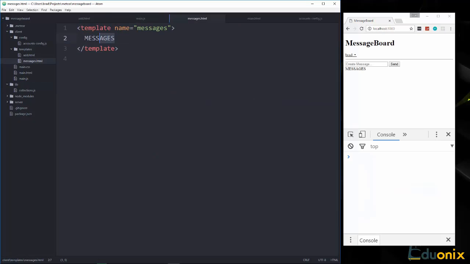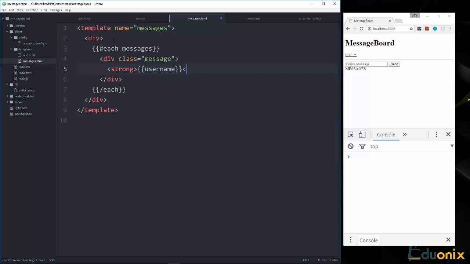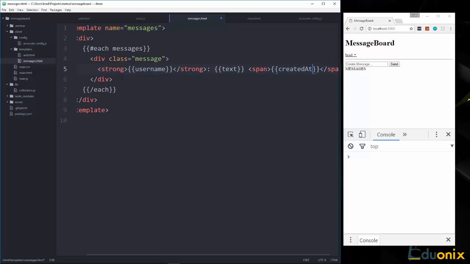So let's go to messages HTML, get rid of that, and then let's put in a div, and then we want to loop through the messages, so we'll do each messages, and then we want to just end the each down here, and let's say div class message, and in here let's put in the username. Actually, I want to wrap that in strong tags. And then put a colon, and then the text, and then let's put in a span, and in here we're going to put the date, which is going to be createdAt. So let's go ahead and save that,